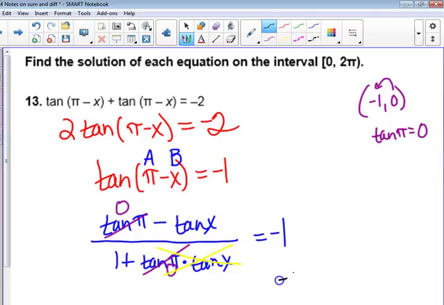Huh. We get a negative tangent on the top. What's on the bottom? 1 plus 0 times tangent is 0. 1 plus 0 is 1. So we just have this. If we divide both sides by -1, we get the tangent of x is +1, which happens at